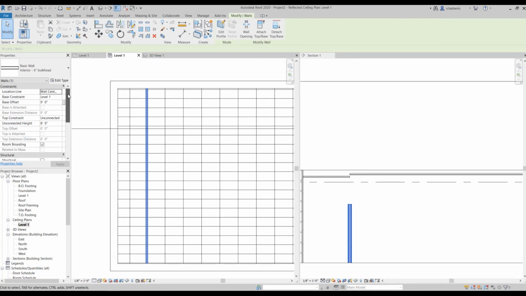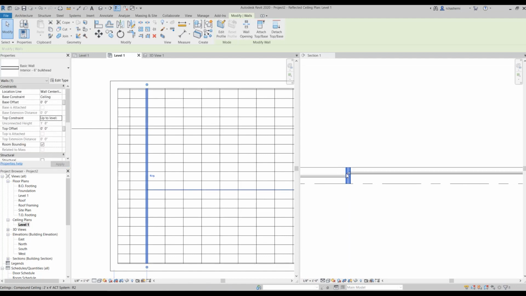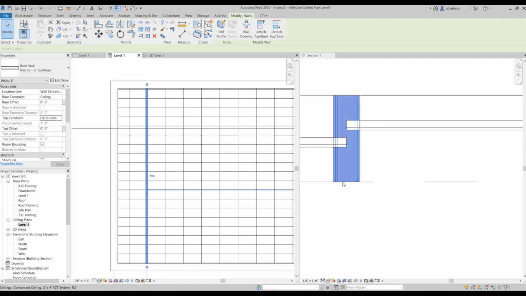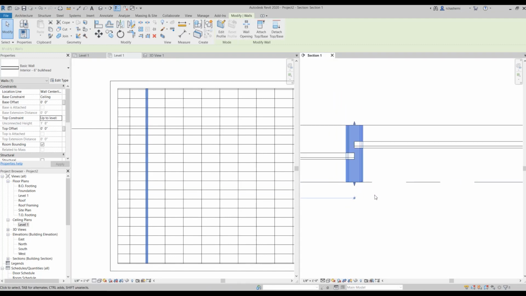And next, I'm going to set the base constraint to ceiling and the top base offset to 0. Okay, and the top constraint to roof. Okay, so we have it here. And next, you can clean these by moving the sketch lines and the walls. Okay, so for this, at the bottom of this bulkhead wall, in your assignment, you will be creating a profile and then inserting it as a sweep. So I'm going to skip that part.